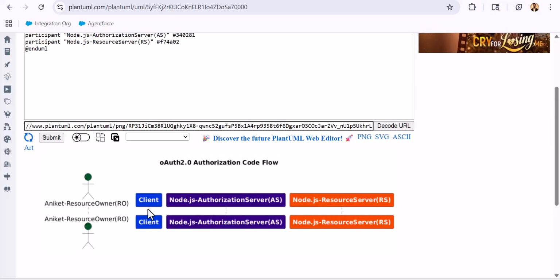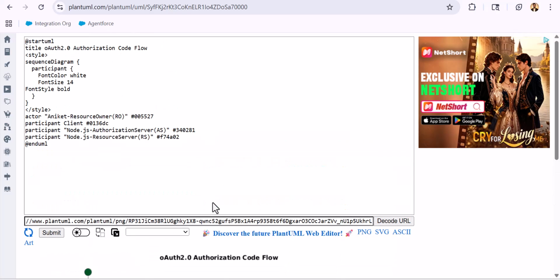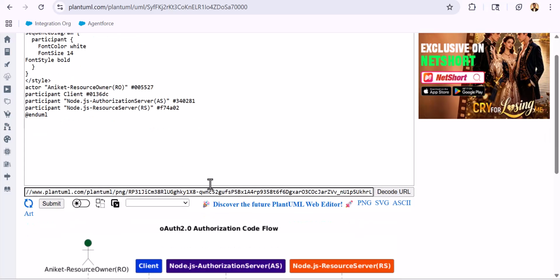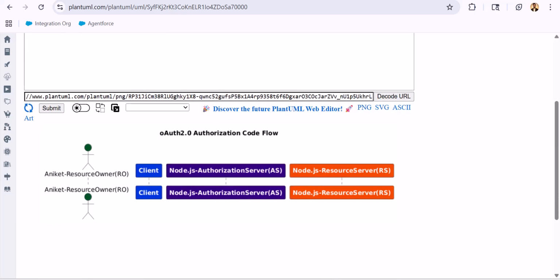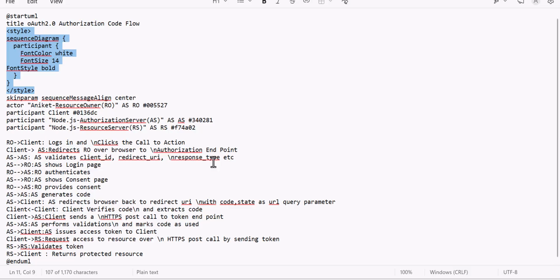See, it is updated. It has become white and it has also become bold, right? Now, what else? Okay, there are a few more things here. We'll come to it in a bit. Now, let's start creating the